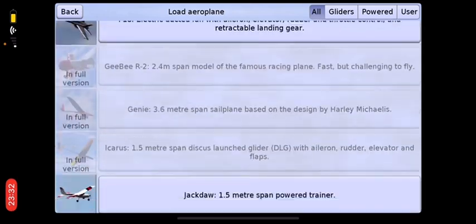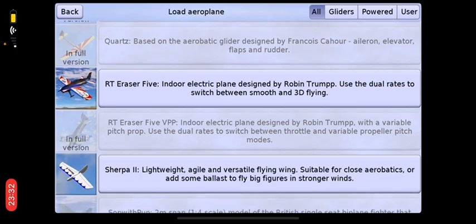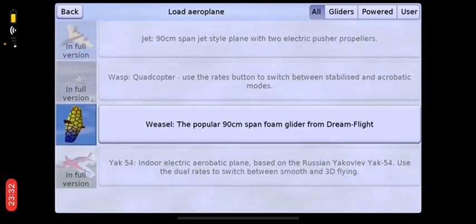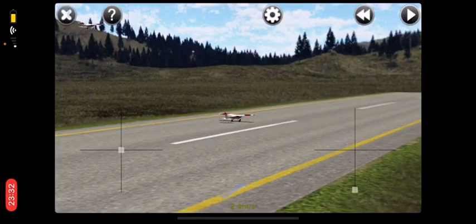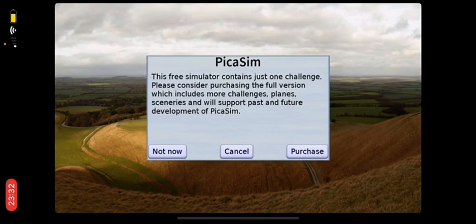This thing has a lot of other options. You can modify a plane and do a lot of fancy stuff. There are also control line options, gliders and stuff. But my favorite plane is the RT Razor 5. So if I quit the free flight mode, actually,